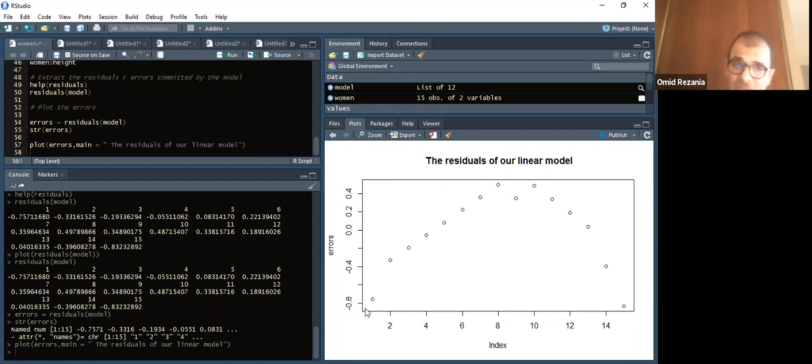Please remember this one, it's going to be the golden key which we learned from today's session. Plotting the error serves as a diagnostic tool for your model. If the errors which you have plotted follow a pattern,